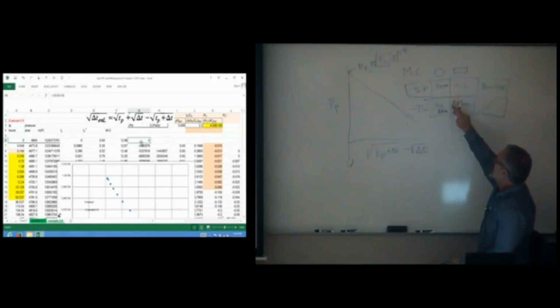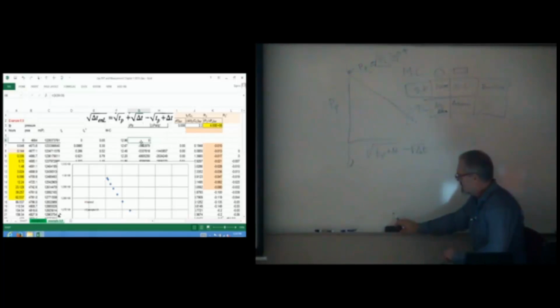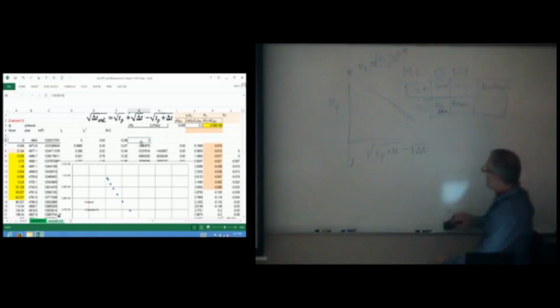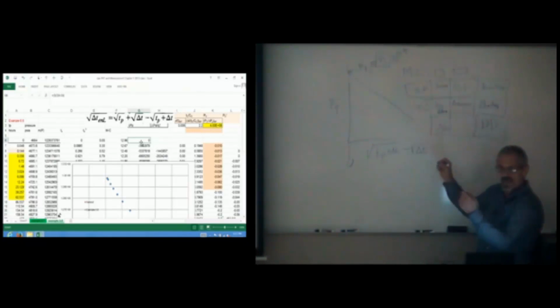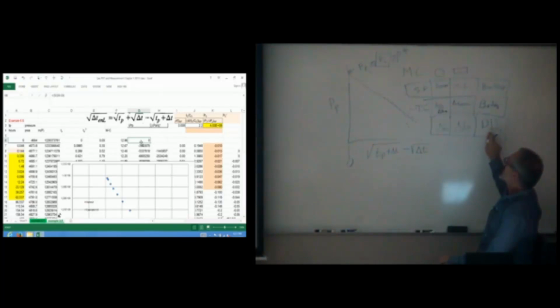type curves. We only have to use equivalent times on buildups. On drawdowns, we can just use delta T adjusted for viscosity and compressibility in both cases. Now, on drawdowns,